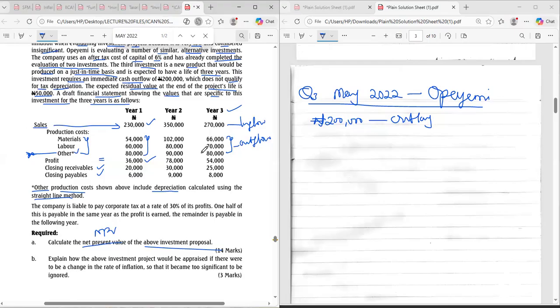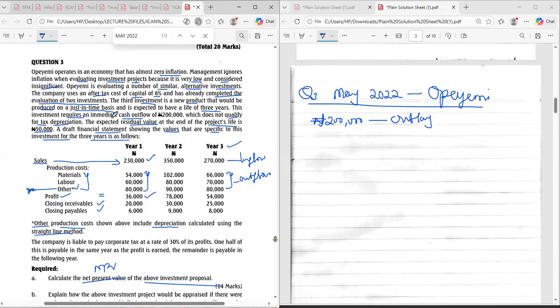But since they included depreciation, what we have there is profit. We cannot be working with this profit. We are working with cash flow, so we have to take out what? Depreciation. Secondly, the question stated that capital allowances are ignored. Where did I see that one? Okay, yes, here's the part: this investment requires immediate cash outlays and does not qualify for tax depreciation. So it does not qualify for capital allowance. All right, so basically the main reason we are taking out depreciation is because we needed our cash flow.